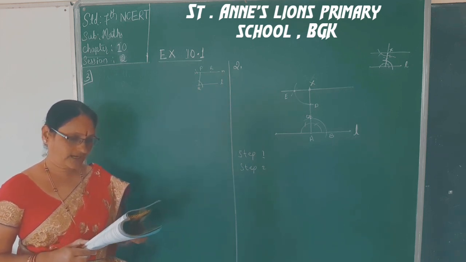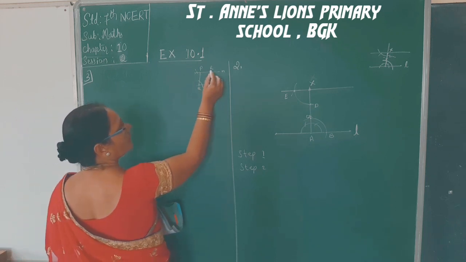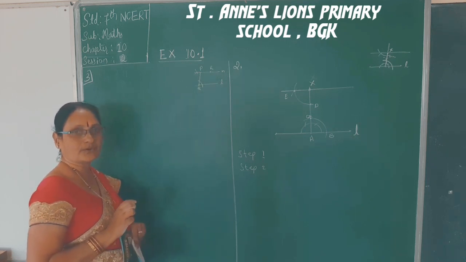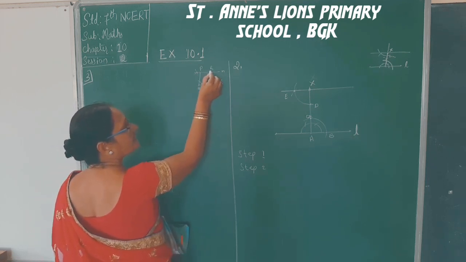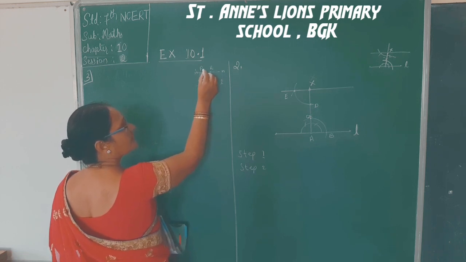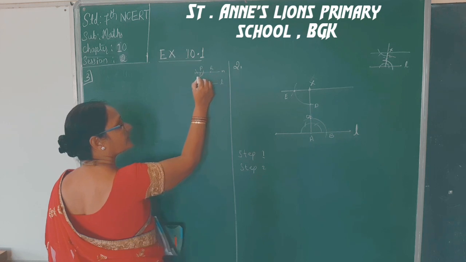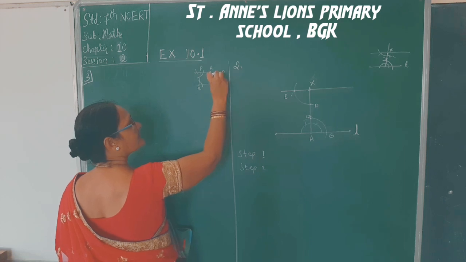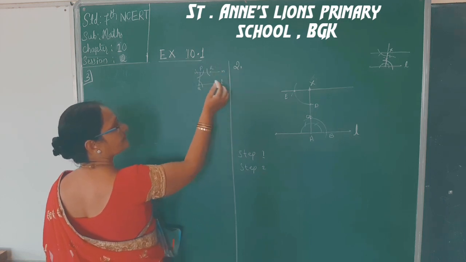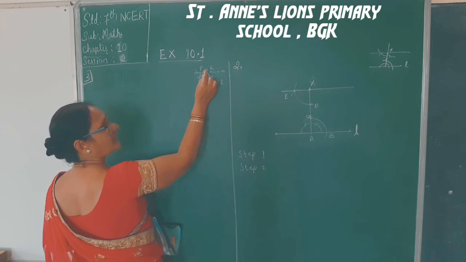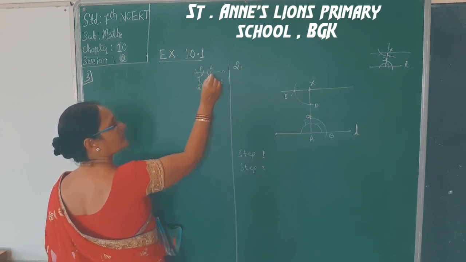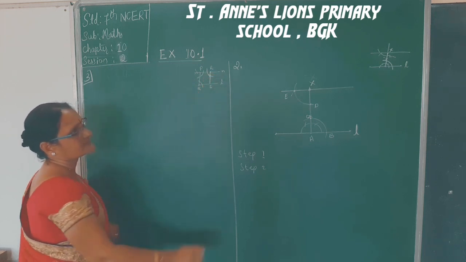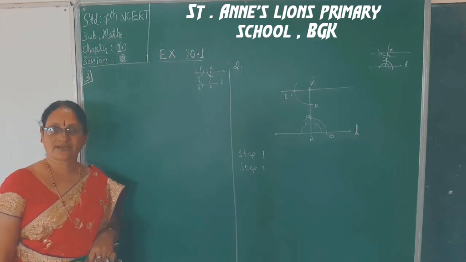Through R, draw a line parallel to PQ. Now we have to draw the line through R parallel to PQ. This is important. How to draw? See, this is the point. This is PR here, joined here. With convenient radius, draw an arc. With the same radius, here also you have to draw an arc like this. Then you measure this arc and with this as the center, you cut it. These two are now parallel. This is just a rough diagram I have drawn.